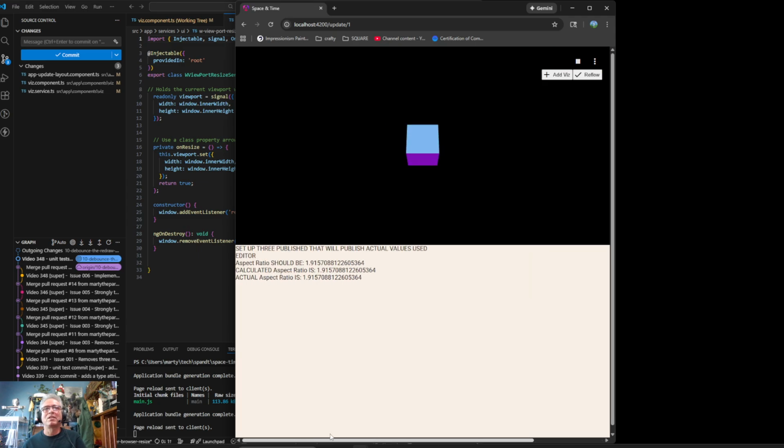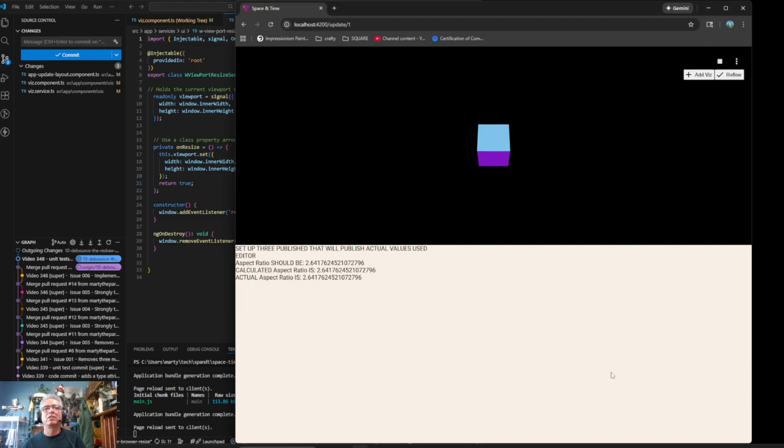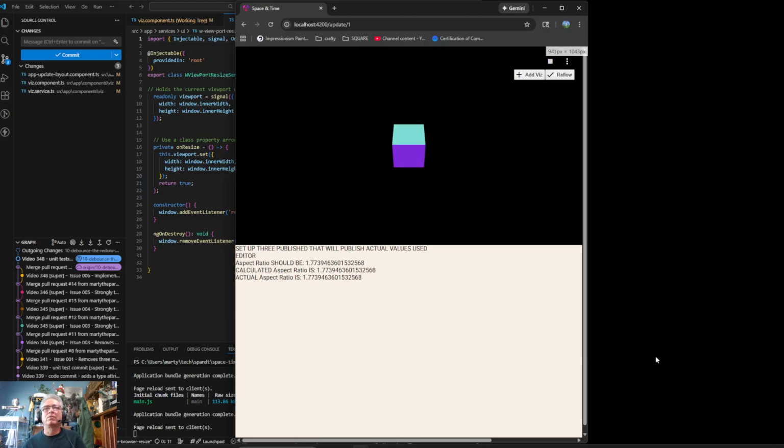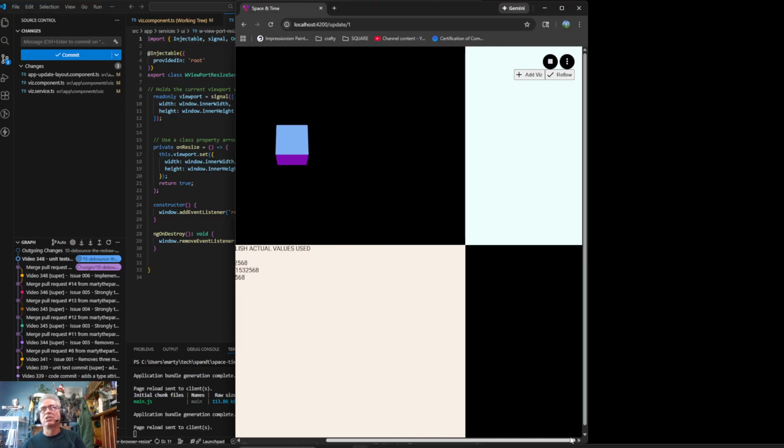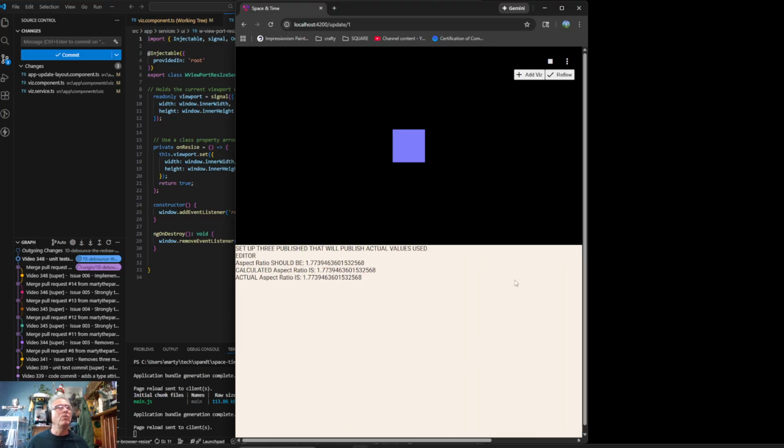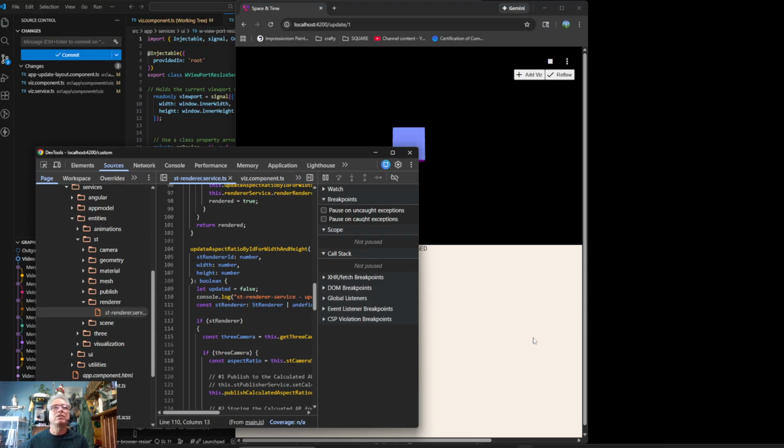For some reason, something isn't resizing properly. So we got to figure that out. But I think that is a good issue. I'm sure that won't be that hard to fix, but it's probably like, let's see, inspect,